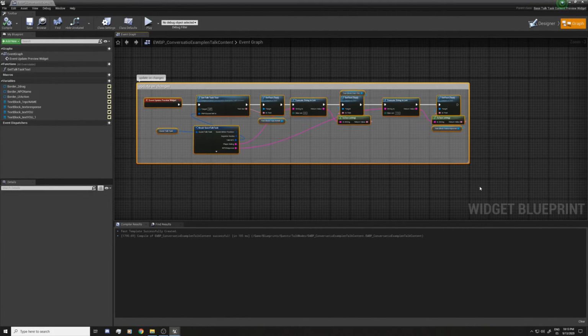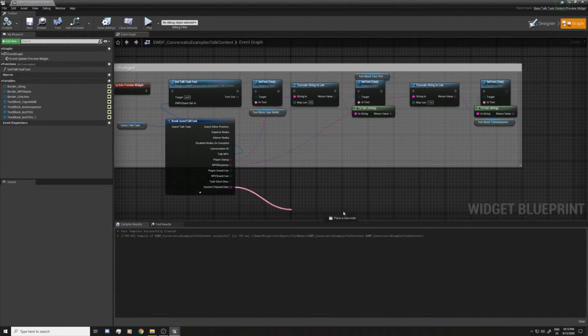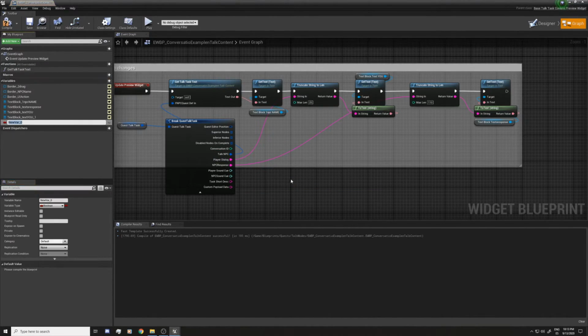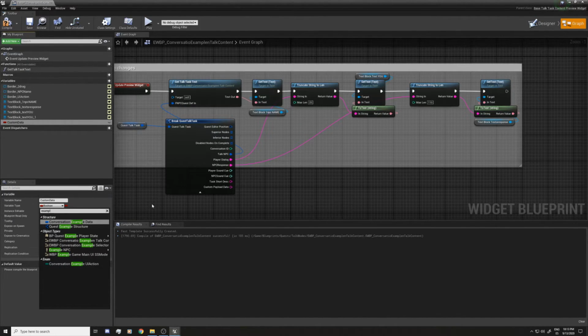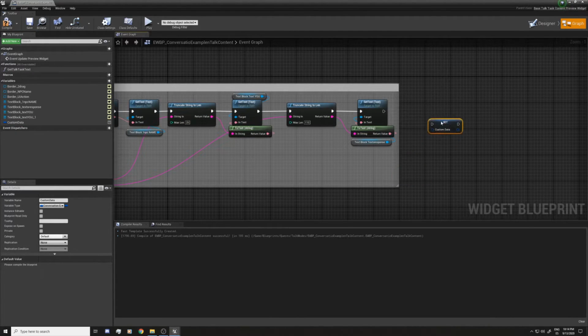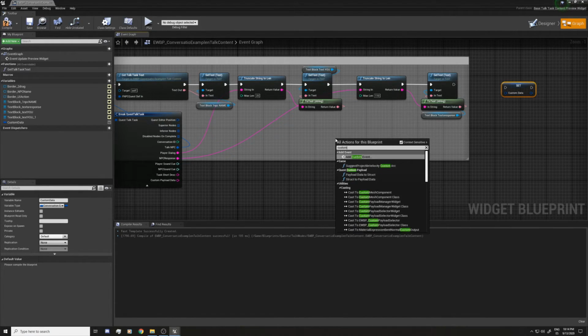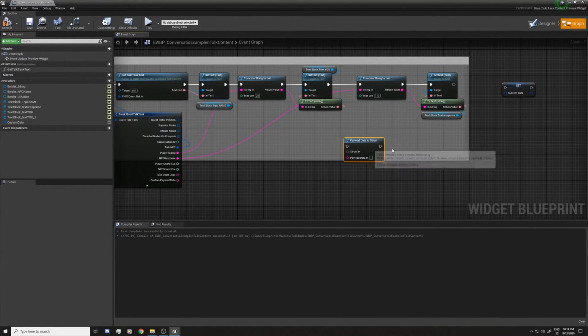It has just an update, but we're gonna go and search in the talk task the custom payload data, and this one we're gonna have to convert it to the structure that we should create. So I'm gonna need a structure. I'm gonna call it custom data. This is example conversation example data. Set it like that, and I'm gonna go here, and I'm gonna call the function custom payload data to struct. I'm gonna connect it like this.